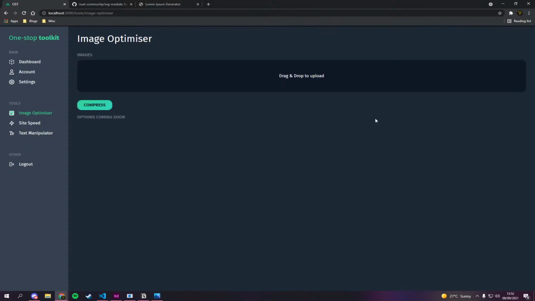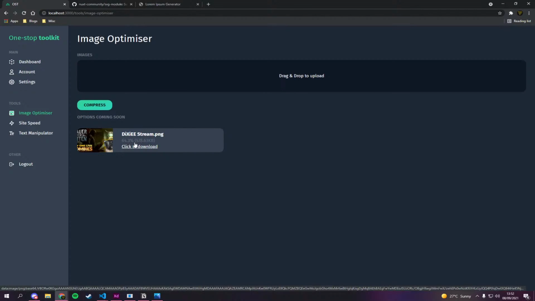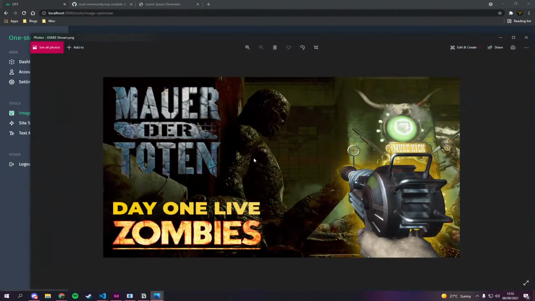Click compress. You can see that was 1.6. You can see now it's over half done. So let's download it. And there's no downplay to the actual quality. What this does, it's kind of like how Tiny PNG works. It basically combines the similar colors together so you don't have as many colors without compromising the look and feel of it, if that makes sense.